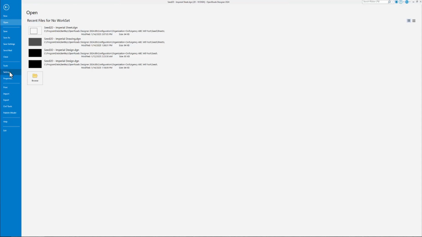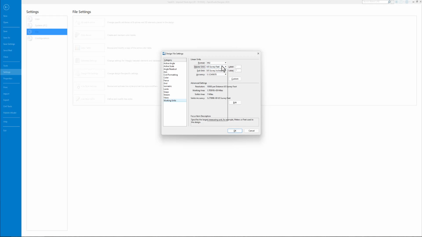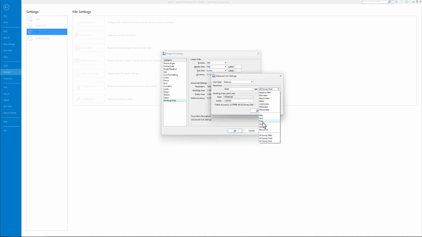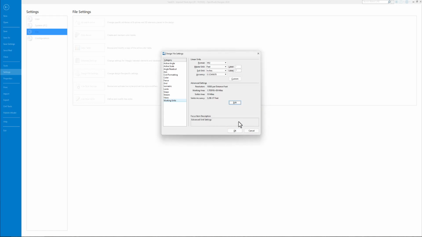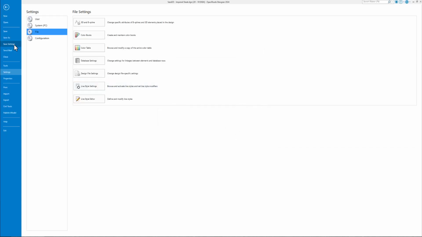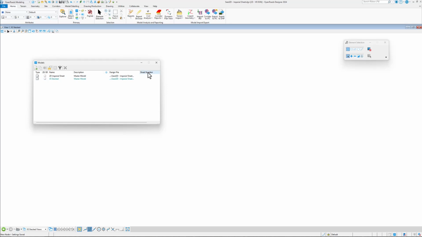We'll go to our backstage, settings, file, then design file settings, working units, change this one to feet and inches, change our suffix if desired, go to our units of resolution, change to foot, 10 on our solids, okay, and then you can go ahead and change your civil formatting again, 100, enter, and okay to that, and save settings again. And so you'll want to repeat this process then for every model in your sheet seed